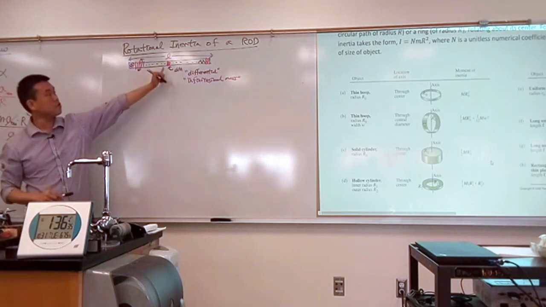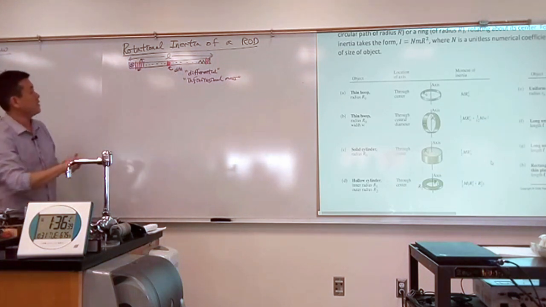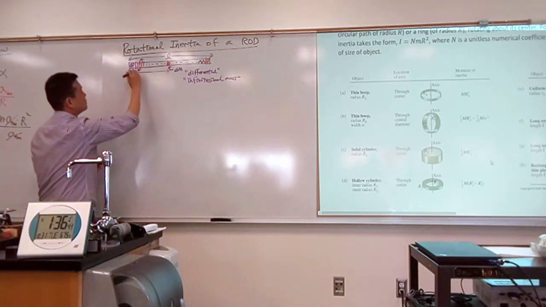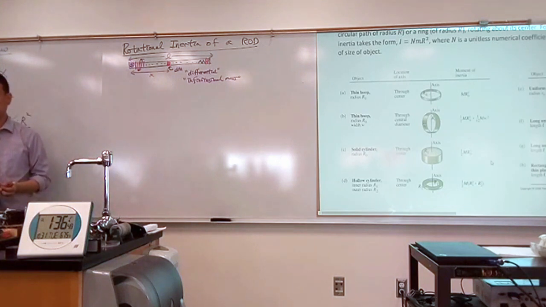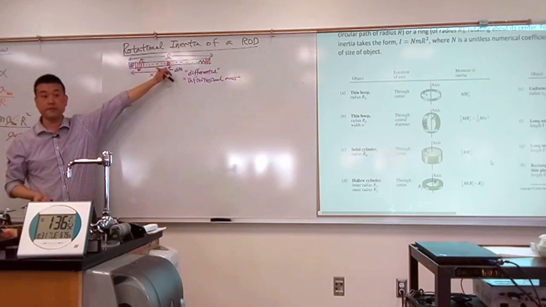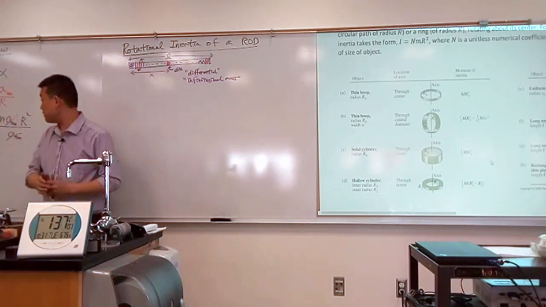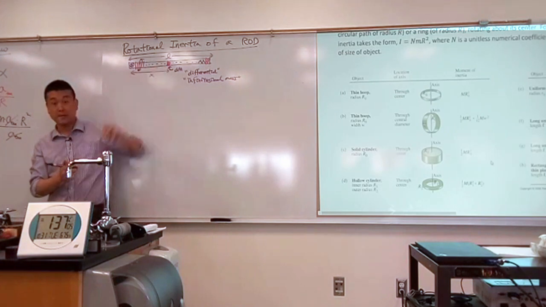Okay, so a portion of the ruler has this much mass, and it is at a distance. Let me label that distance x. It is at a distance x. Right? Do you know what the rotational inertia of this tiny piece of ruler is? Do you have a formula for it? Is it mx squared? Yeah, dm x squared. So now that it's something small enough to be treated like a point mass, I can use